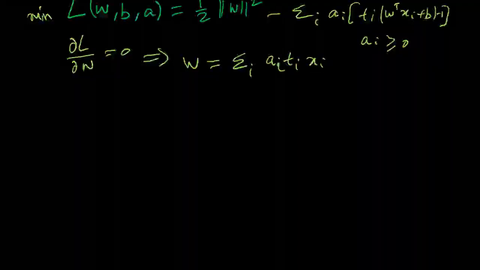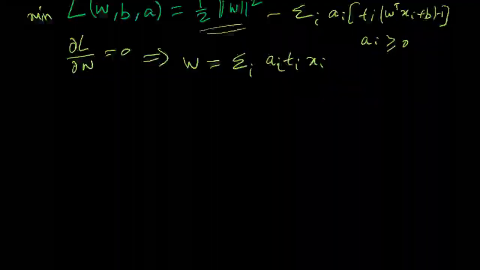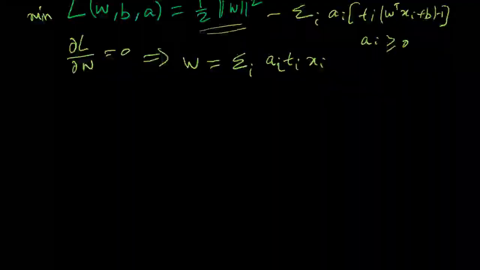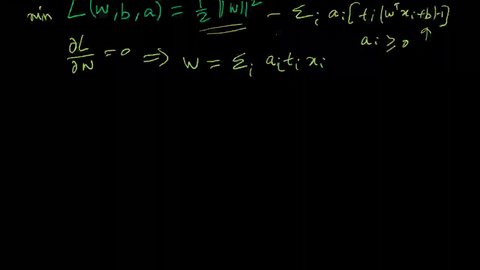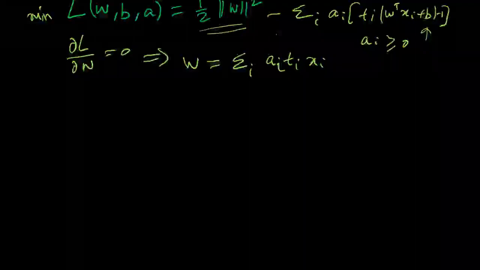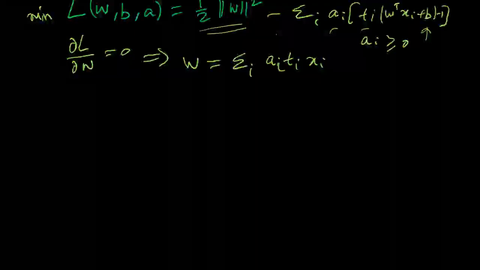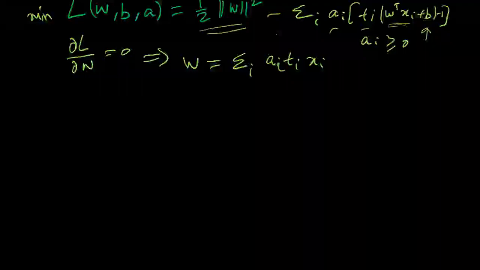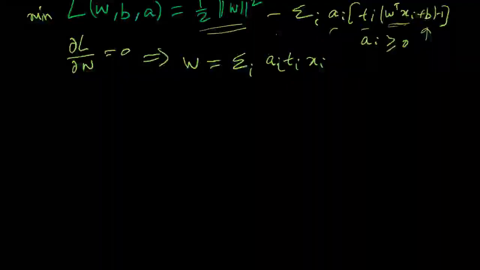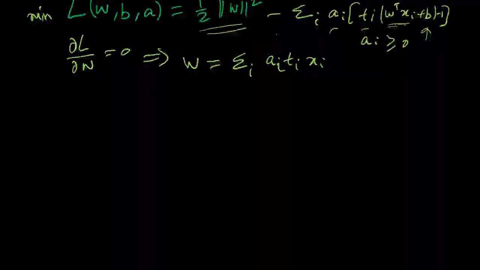Let's say we take the derivative equal to 0. For the first term we will get half of 2W, right? And here we will get negative of, so b will not matter because there is no W here. We are taking the derivative with respect to W equal to 0, and that will be 0 for the b term, and it will also be 0 for the -1 term. What we will get is ai ti, and then the derivative of W transpose x will be xi. So when we solve for that, we will get the weight is equal to the sum of ai ti xi for all i. Okay.